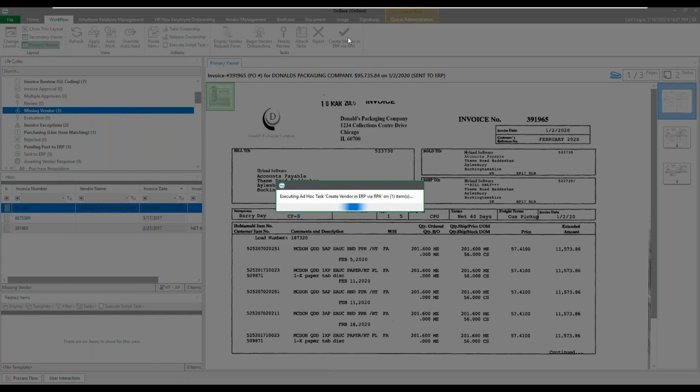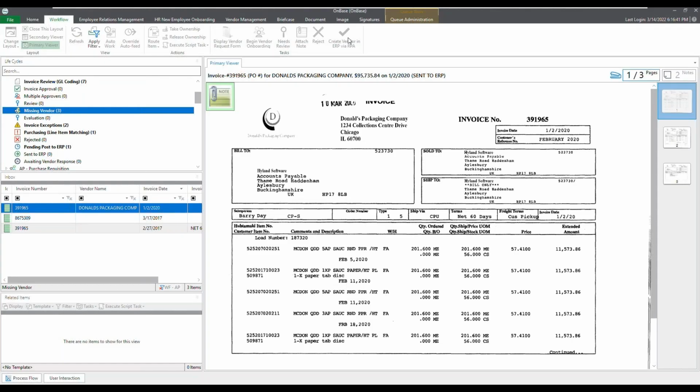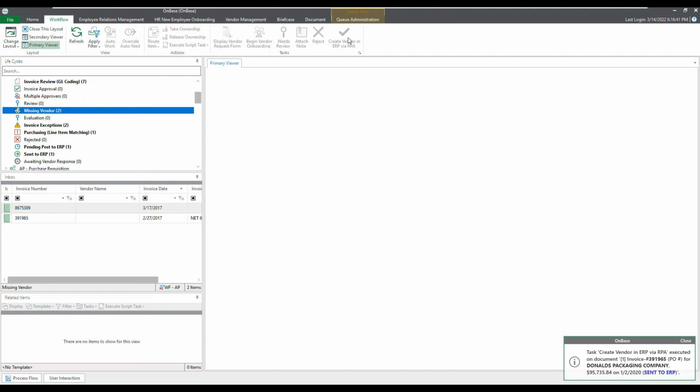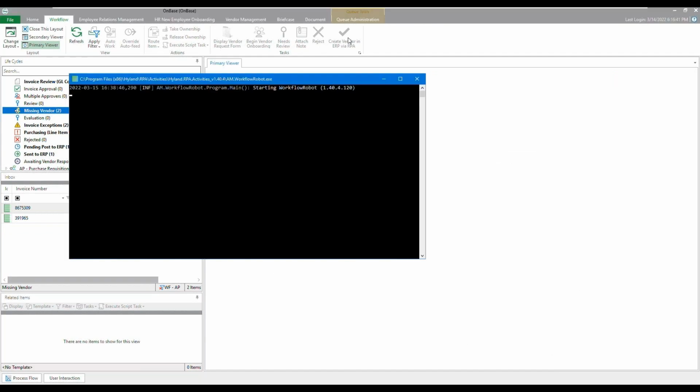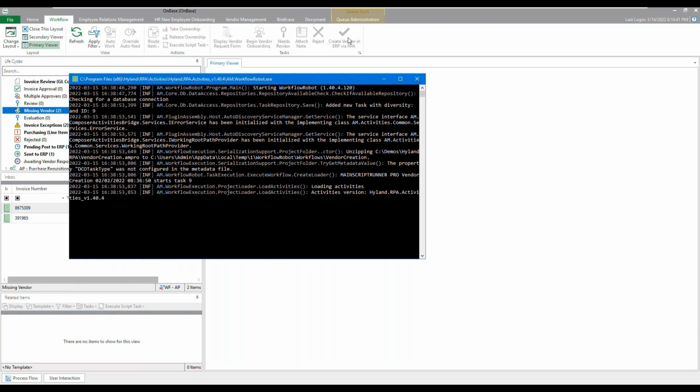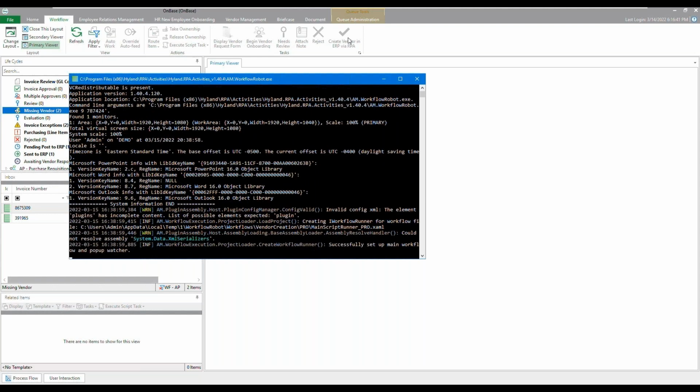in my ERP. So I select this action, the workflow is communicating with my RPA manager, and it's instructing the manager to fire off a robot and get the robot ready to execute this task. We can see a few background activities happening here with the robot. And in a second, it's going to launch my ERP application.